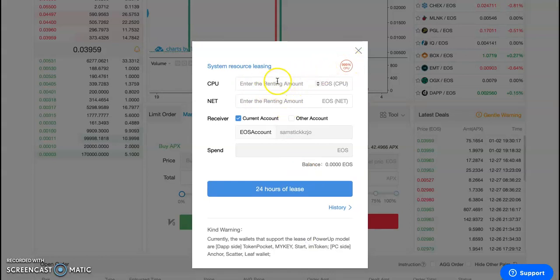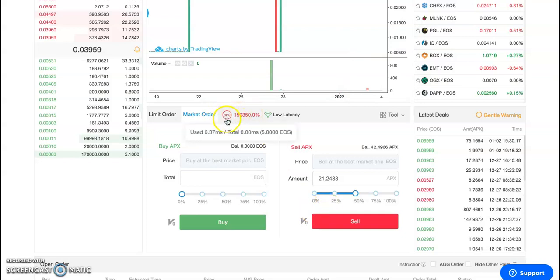Since I'm out of CPU and net, you can rent into your own account. You can rent for 24 hours. If it's a rent, that means after 24 hours you get your money back. Once you rent, it will cost you about 5 EOS, right? 5 staked EOS to make this transaction, and then once you make the transaction, you unstake your EOS